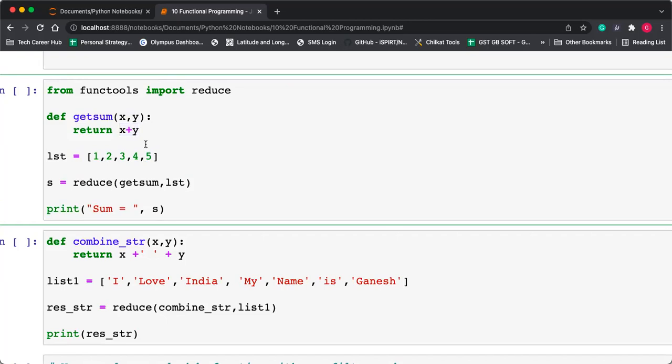ओके, अभी इनपुट तो दिया है लिस्ट में, हमें क्या करना है, अभी पहले 1+2 करना है. 1+2 एडिशन कितना आएगा, 3. अभी इसका जो रिजल्ट आएगा, that result I have to add it with the new number, that is 3. 3 + 3 6, 6 + 4 10, 10 + 5 15.